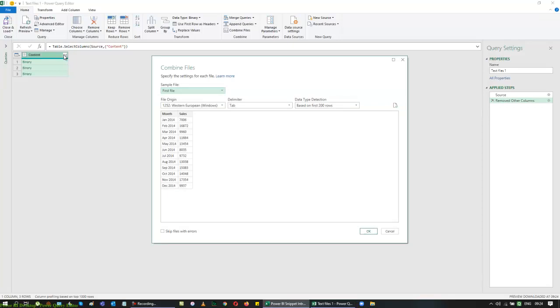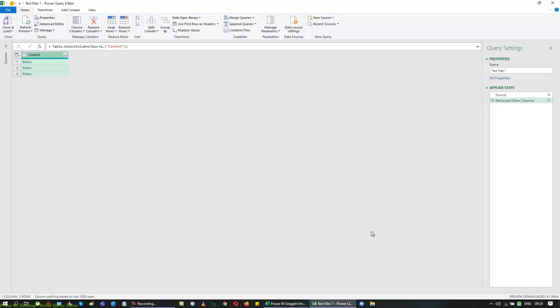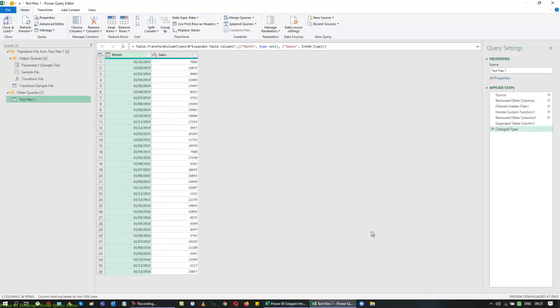Now you can see that I have 3 different data parts, and I'm going to just say okay, and then automatically you can see the first is previewed to us, and the next 2 data will also be extracted. So you can see that the data are in a particular order right now: 2014 first, 2015 second, and 2016 third. So now I got my data into it. Now I'm going to move this data to my Excel. So that gives you a combined data of all the 3 files.